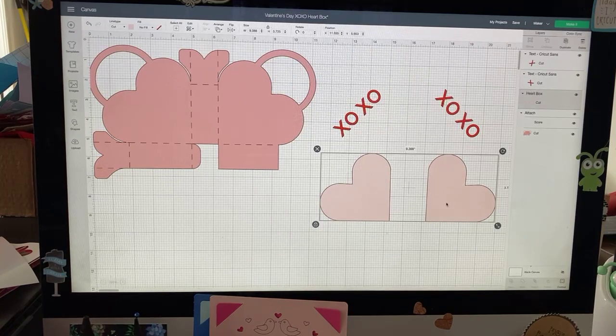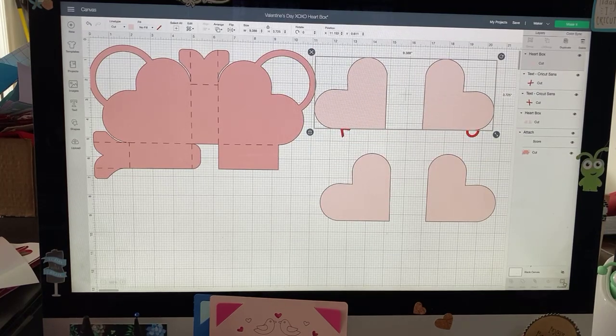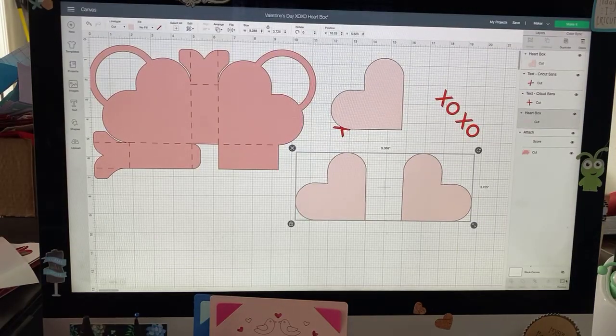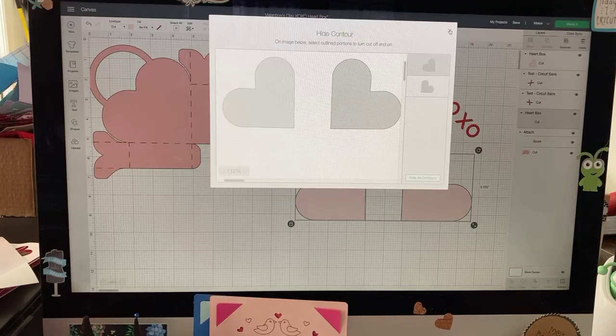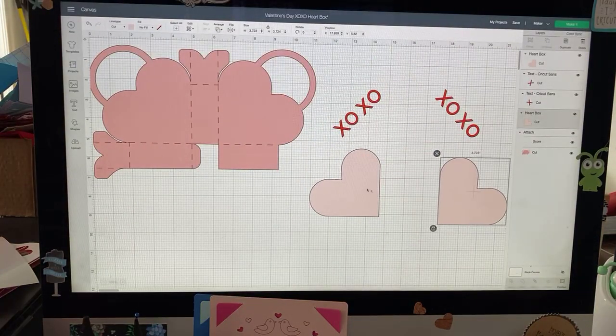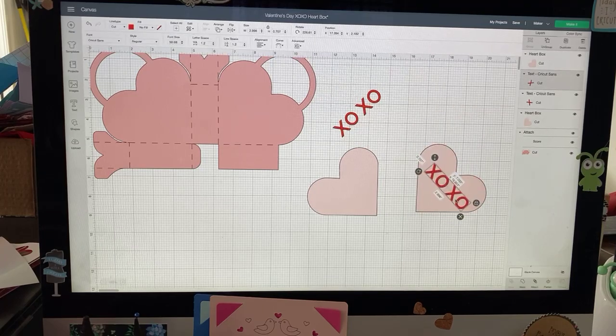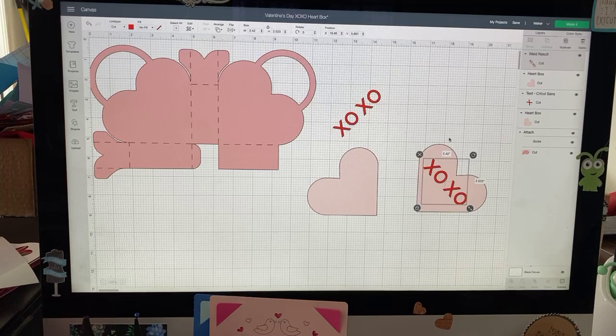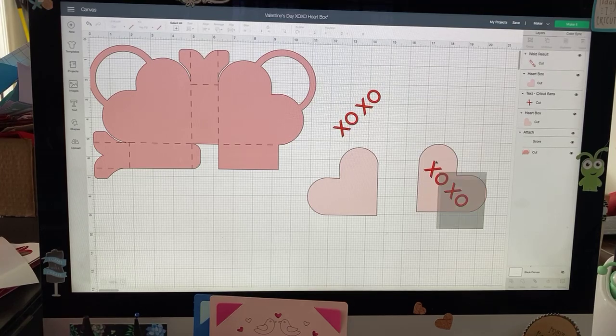So let's duplicate it. And we're going to hit contour, which is down here, okay? Contour, and we're just going to take one of the hearts out. So there's one heart. Let's do contour again and take out the other heart. So now we have each heart, and they're independent of one another, okay? And then we have our XOXO, which I'm going to weld, because then it will be one piece, right? Weld. Okay. So now I have the heart and the XOXO,